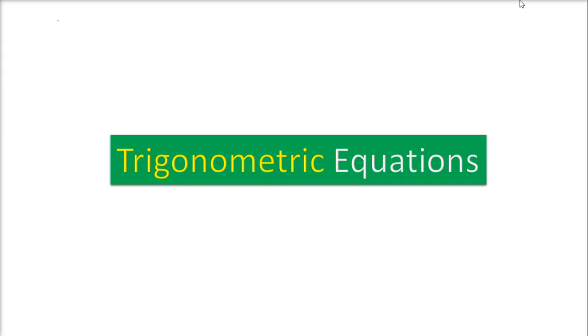When we have a trigonometric equation of the form sin square theta equal to sin square alpha, or say cos square theta equal to cos square alpha, or tan square theta equal to tan square alpha, then what is the general solution? The general solution of all these three trigonometric equations is simply theta equal to n pi plus minus alpha, where n belongs to the capital Z, that is the integers.